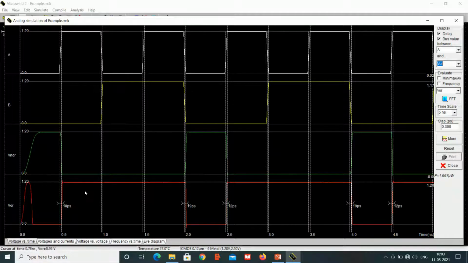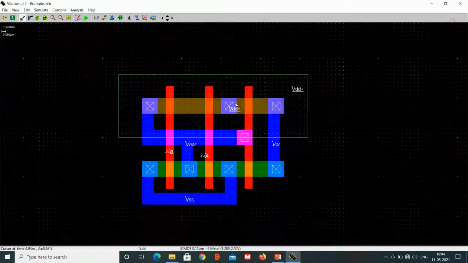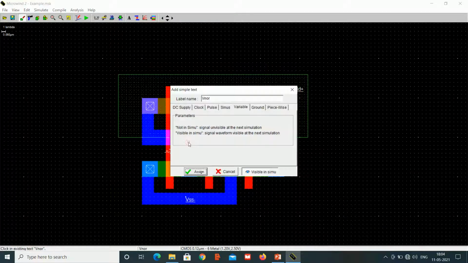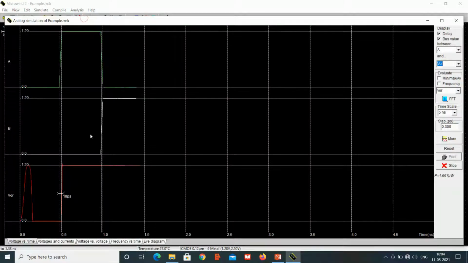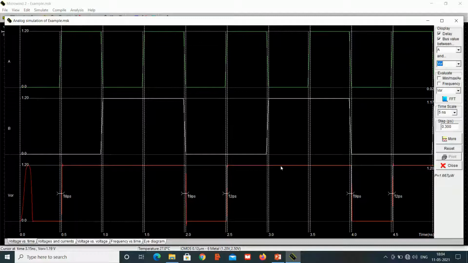Since this is an OR gate waveform, we will disable this NOR waveform in the layout. So click on this NOR and give not visible in CMOS. Give assign. So now when we do the simulation, the NOR gate output is not displayed in the waveform. Only OR gate is displayed.